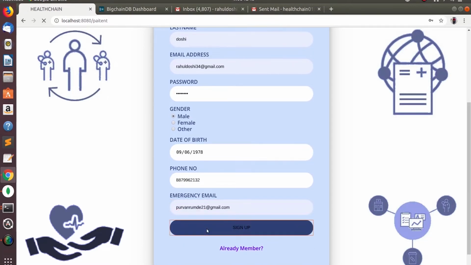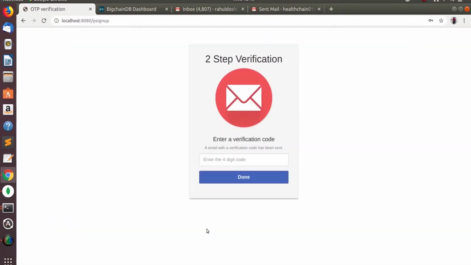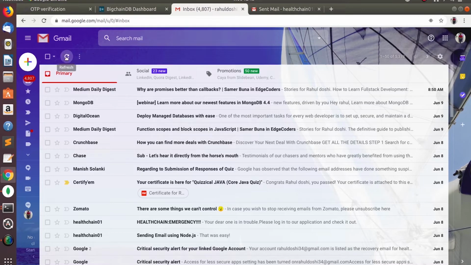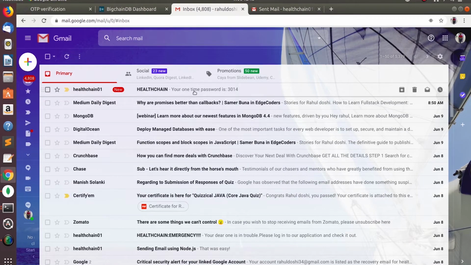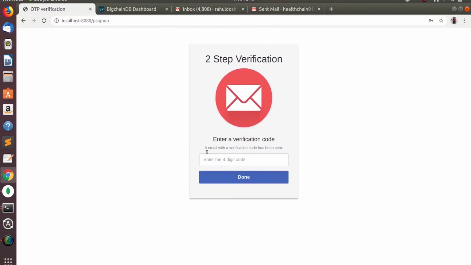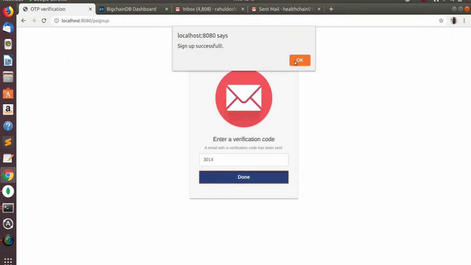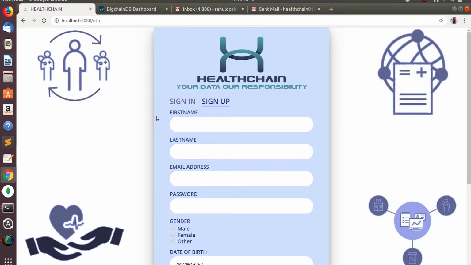I just click on sign up. Now I have received the OTP in my email. Let me check. Yeah, this is the one-time password. Sign up is successful. Now let me just sign in.